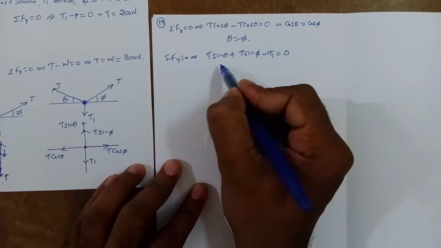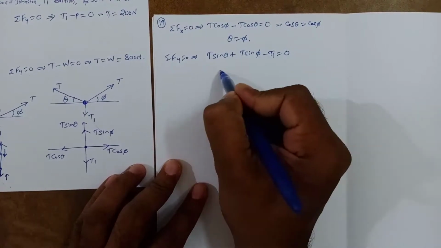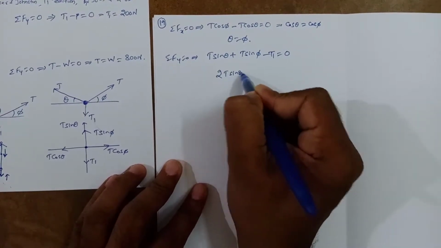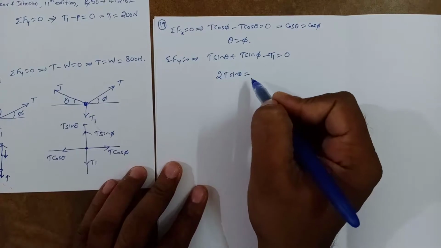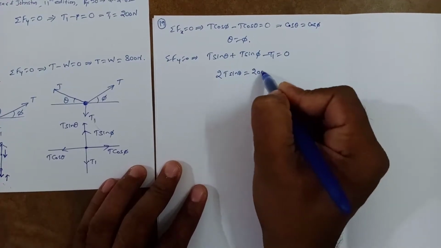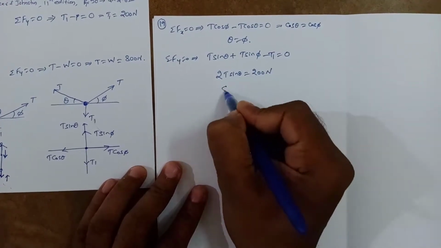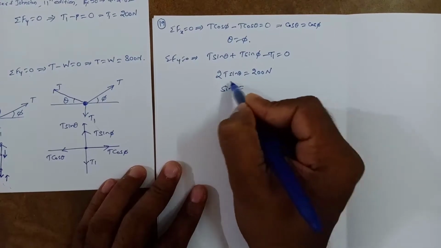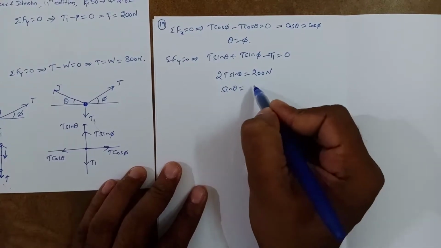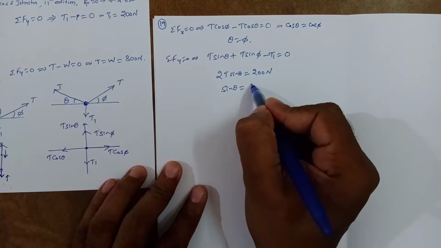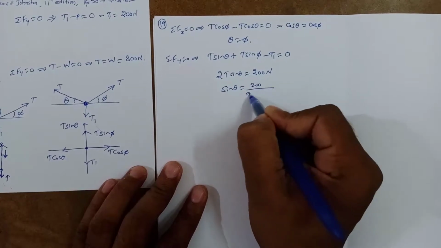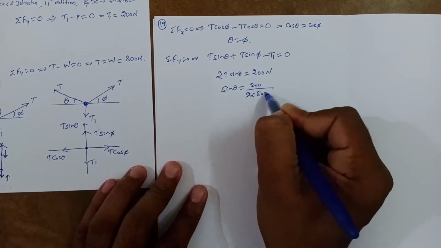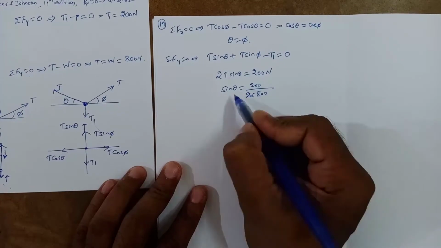Here theta is equal to phi, so I can take it as some theta, so it will become 2T sin theta is equal to T1, given as 200 Newton. So we'll get sin theta is equal to 200 by 2T, where T is 800. And solving for this theta and